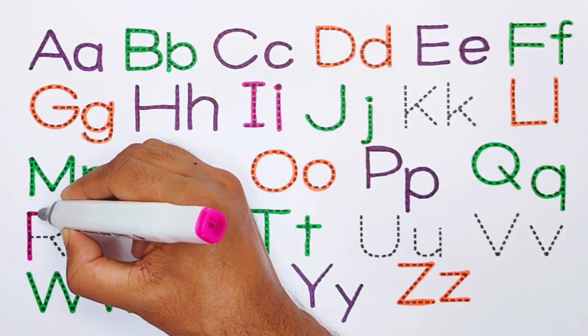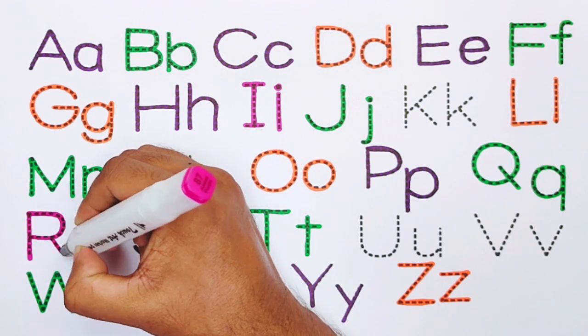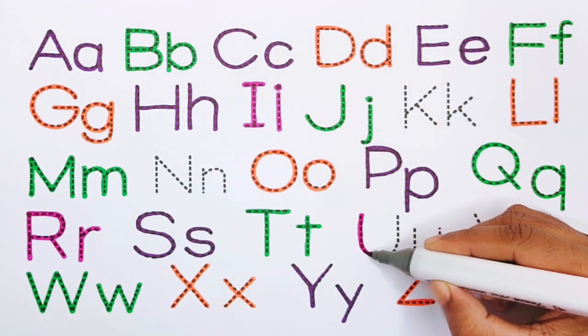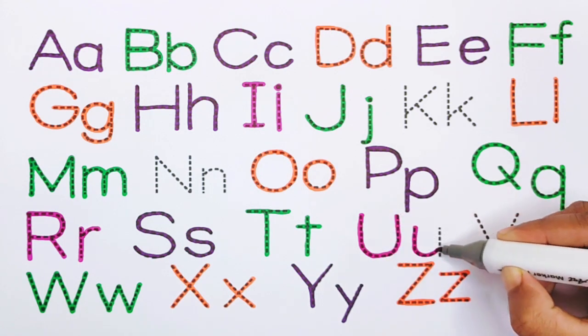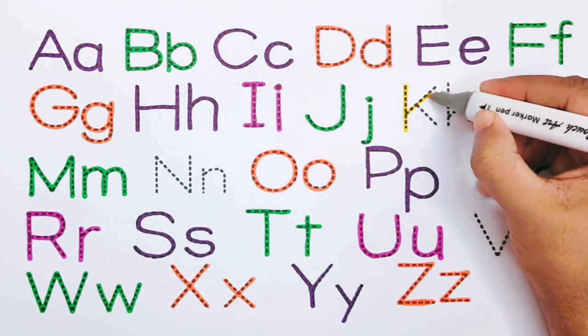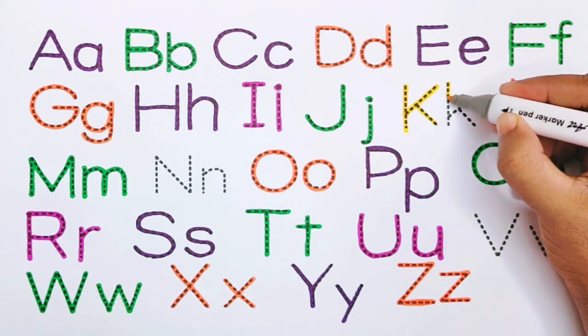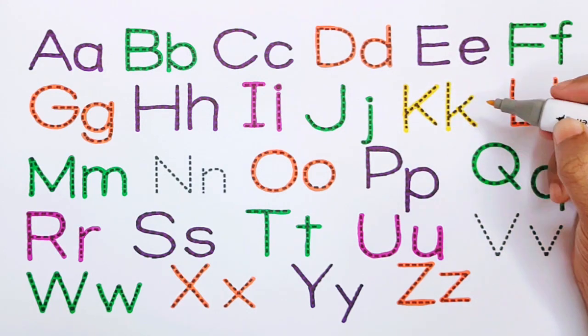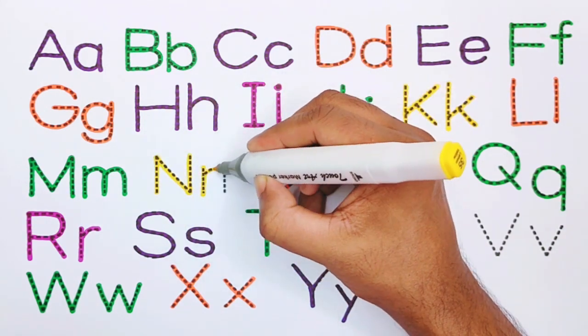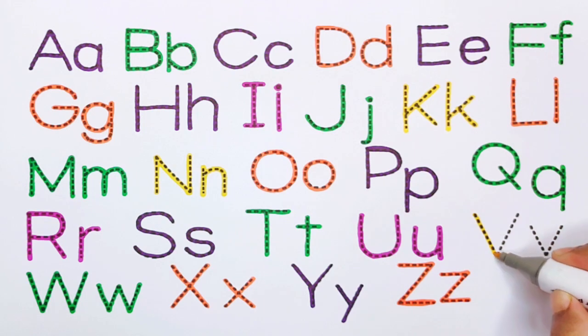R. R for rainbow. U. U for umbrella. K. K for kangaroo. N. N for noodles. V. V for